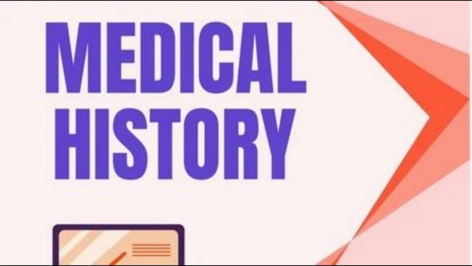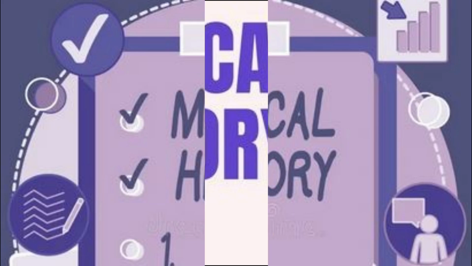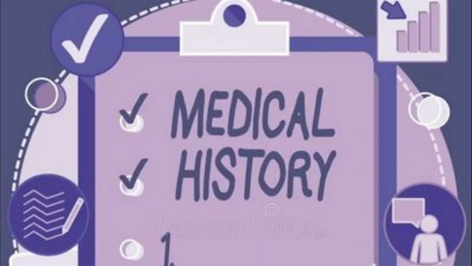The standardized format for the history starts with the chief concern, why is the patient in the clinic or hospital, followed by the history of present illness, to characterize the nature of the symptom(s) or concern(s), the past medical history, the past surgical history, the family history, the social history, their medications, their allergies, and a review of systems, where a comprehensive inquiry of symptoms potentially affecting the rest of the body is briefly performed to ensure nothing